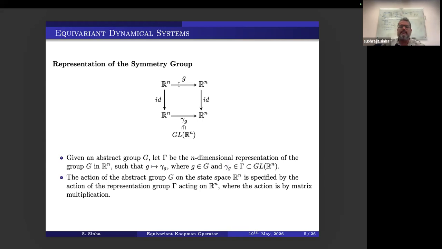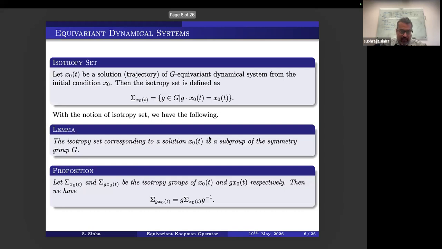Representation theory basically studies the properties of the matrices, the invariant spaces, and all those things. So in this work, since we have to work with data, we have to look at this representation. That's why we define this representation of a group. With this, let's investigate how the Koopman operator interacts with the symmetric